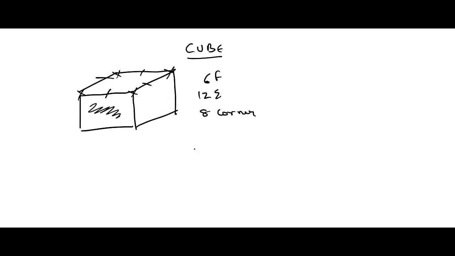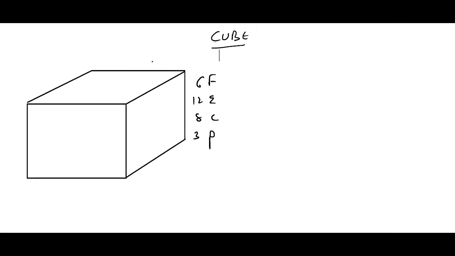Also one more thing, that a cube has 3 axes, or we can say 3 planes. Even generally it is referred to as 3 directions, 3 dimensions, or 3 sides. Cube is a very simple topic, but one needs to have a strong visualization and also a strong foundation. And to have this, let's go with the basics first. As we have seen, a cube has 6 faces, 12 edges, 8 corners, and 3 planes.